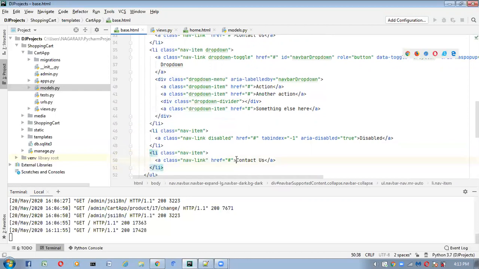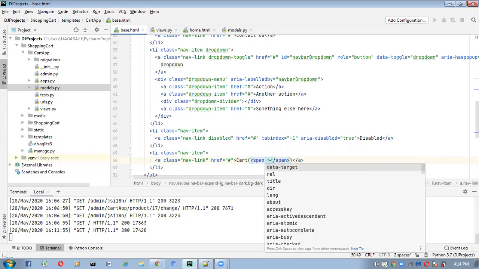Now here we have to take cart. Inside this I will take one span tag. Span tag I am taking like this.